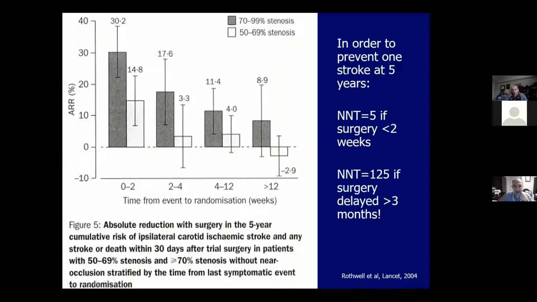And that's just kind of like an average though. And this is also another slide that I always like showing. This is from a paper from Dr. Rothwell. It shows that the number you need to treat really depends on how fast you get to the patient. Because your risk of a recurrent stroke is very high immediately after the initial plaque rupture, if you wait, people just start having their strokes and they'll never come to surgery because now they're in a nursing home or